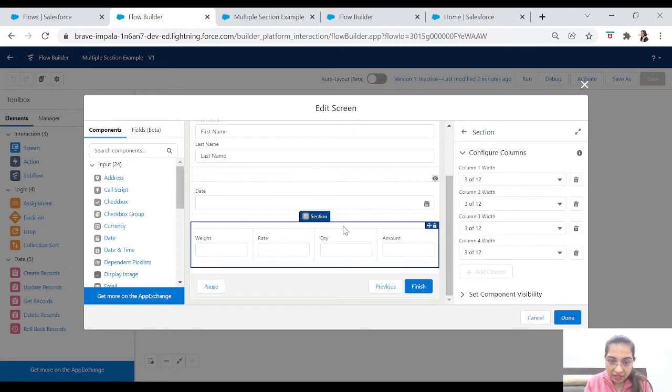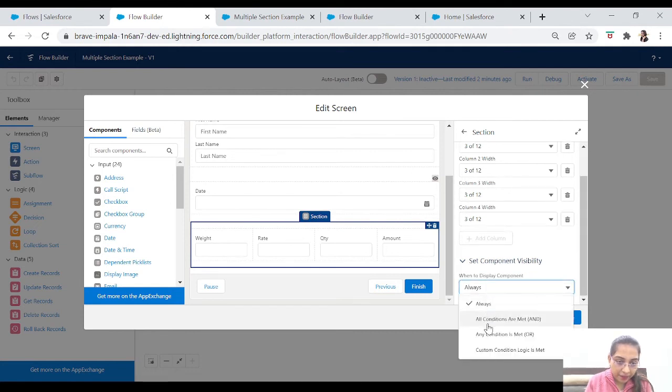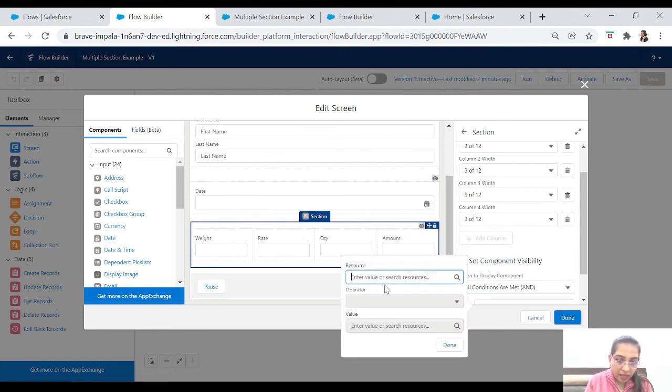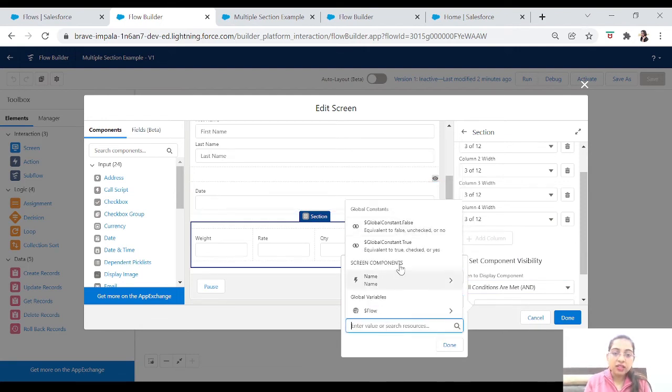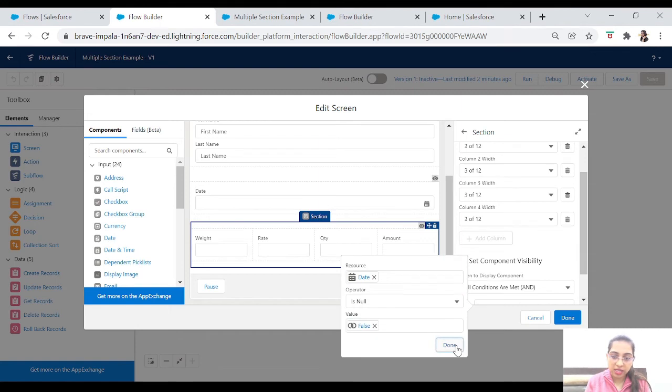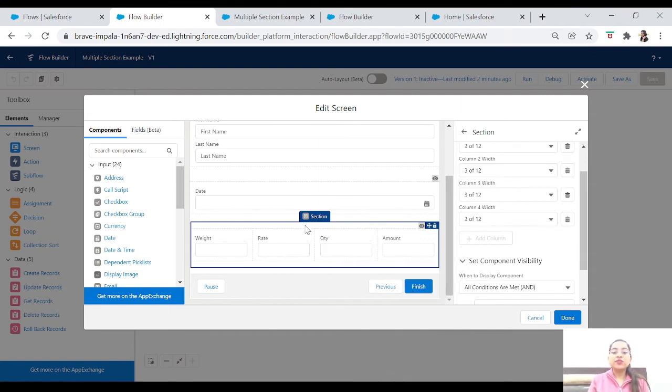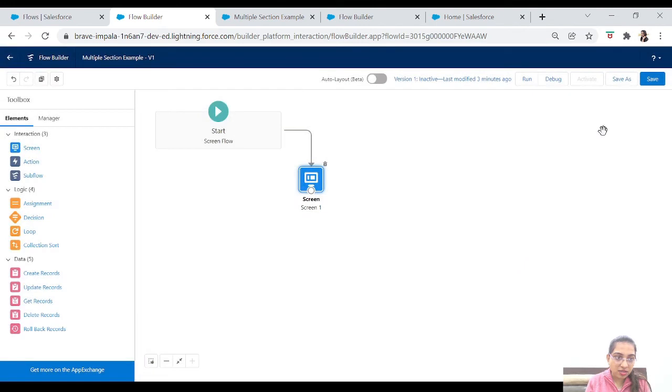And the second thing, in the third section, we will add the visibility, and we will check if date is null is false. Done. So now this section will appear only if the date is not null, and the date section will appear only if the first name and last name are not null. Now let's just save it